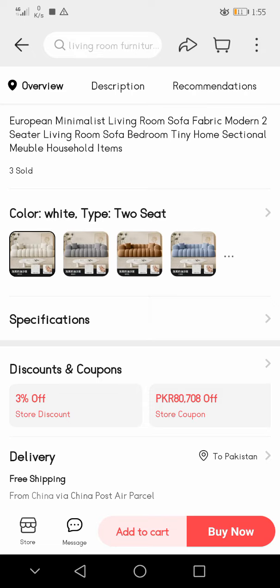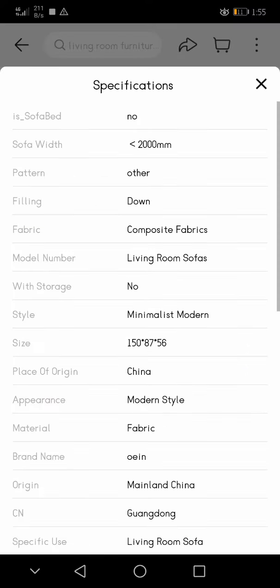So basically if we talk about the specifications, then you see here is sofa bed, no sofa width less than 2000, pattern other, filling down, fabric composite fabrics, model number living room sofas with storage, no, style minimalist modern, size 150 into 87 into 56, place of origin China, appearance modern style, material fabric, brand name Oin, origin mainland